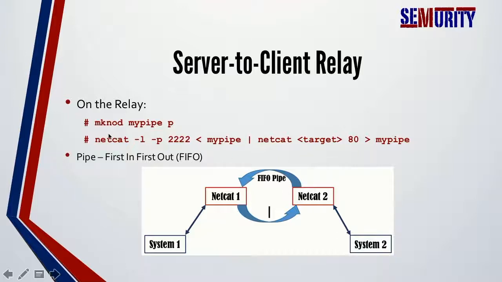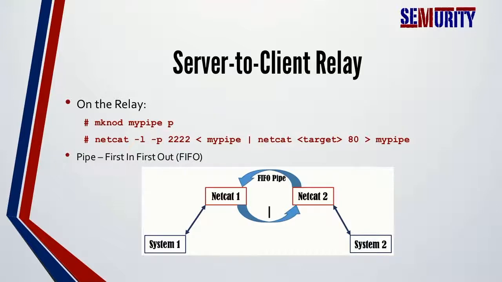So the first instance of Netcat, the server one, is right here, Netcat 1, and the second one, the client, is here, Netcat 2. These two instances are running on the relay server. Now these two instances are connected back and forth, which means whatever Netcat 2 types is going to be sent to Netcat 1, and whatever Netcat 1 types on the terminal will be forwarded back to the first instance.